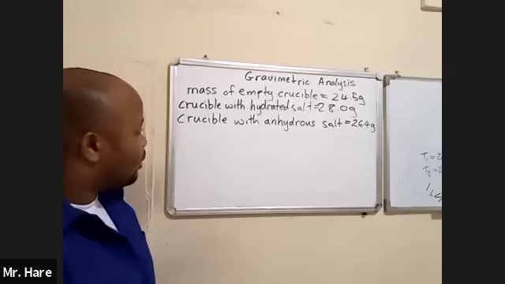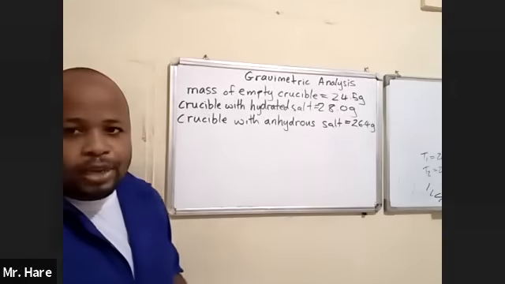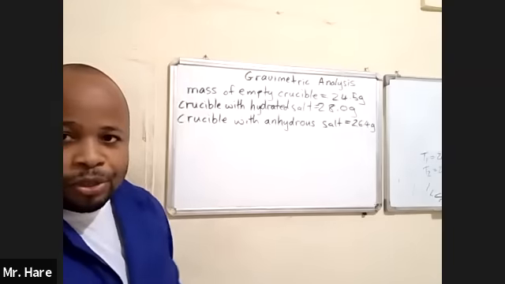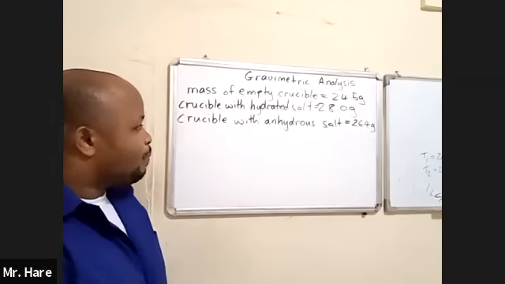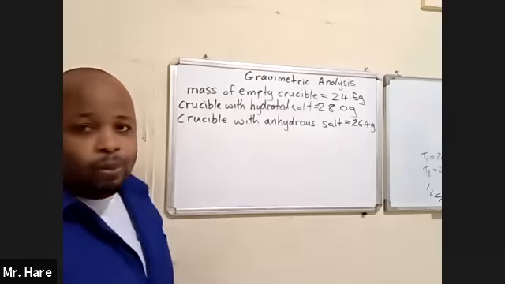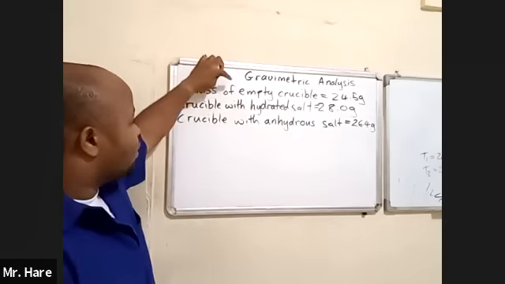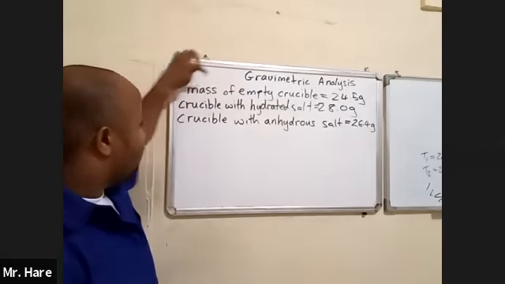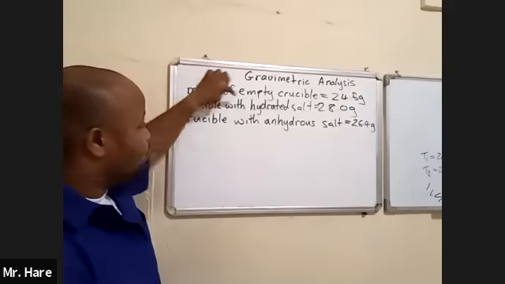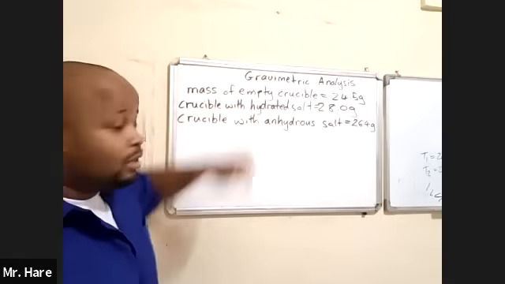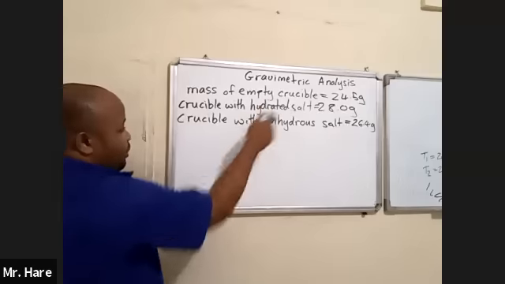Because if you'll notice, we did not say we're going to weigh 2 grams or 3 grams. We just put an amount in the crucible and we weigh it. So we have the mass of the empty crucible, we have the mass of the crucible with the hydrated salt. So to get the mass of the hydrated salt,